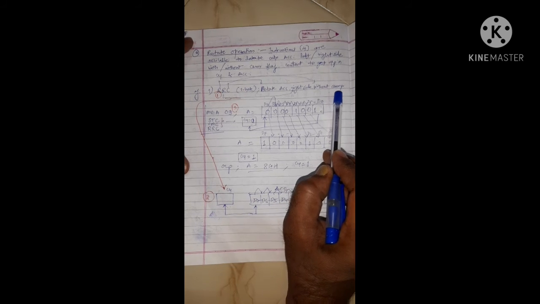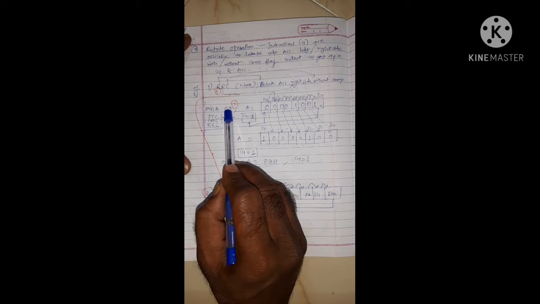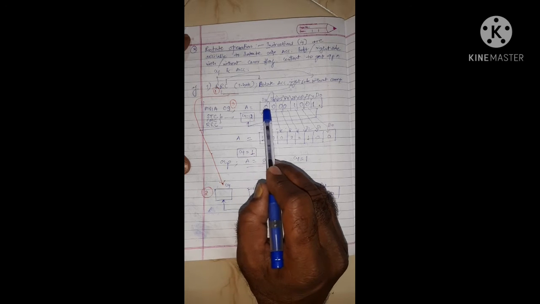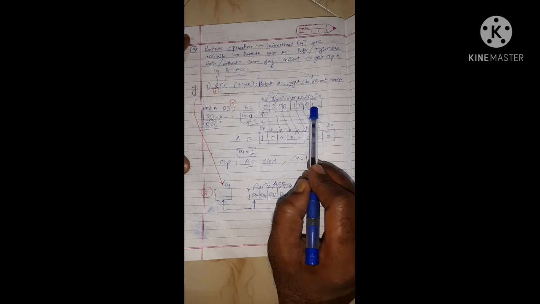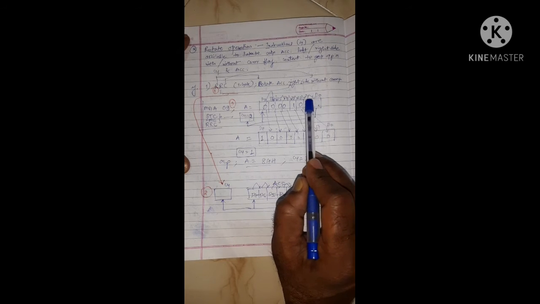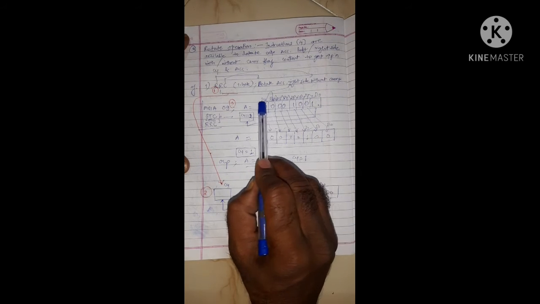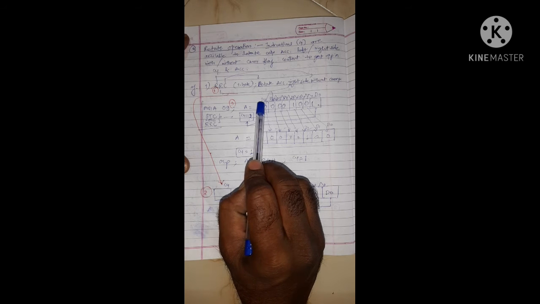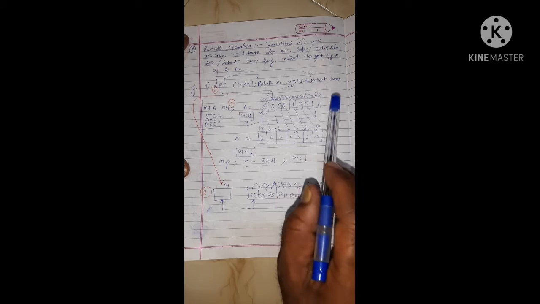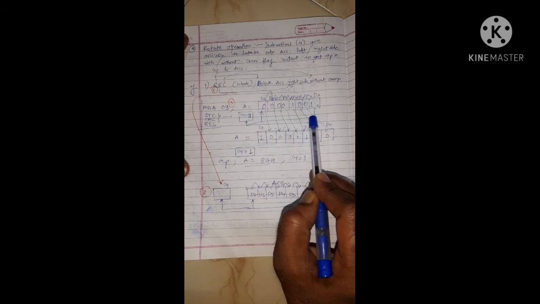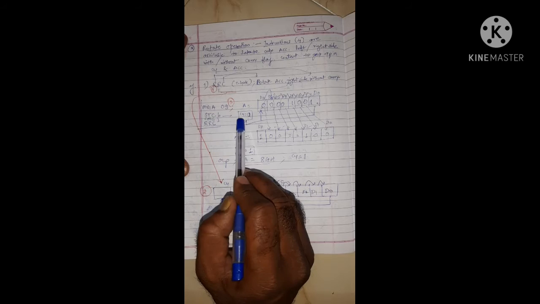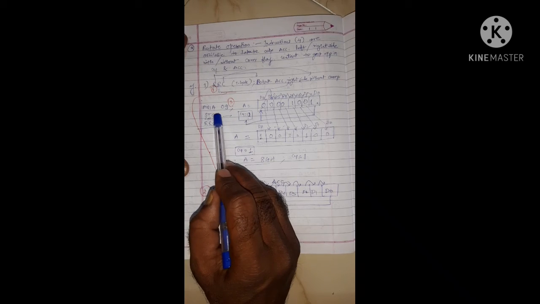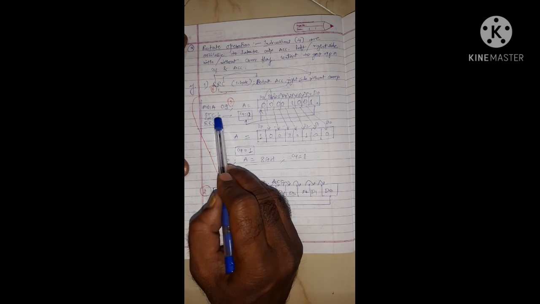If I write MVI A,09 to load 09 in the accumulator, that is in binary 0000 1001. So these are the bit positions, D0 bit, D1 bit, D2 and so on. This is the last bit position D7. So RRC here shifts the D0 bit to D7 as well as to carry. And by STC, CMC, the carry flag will be 0. We learned these two instructions in the logical type under NOT gate.